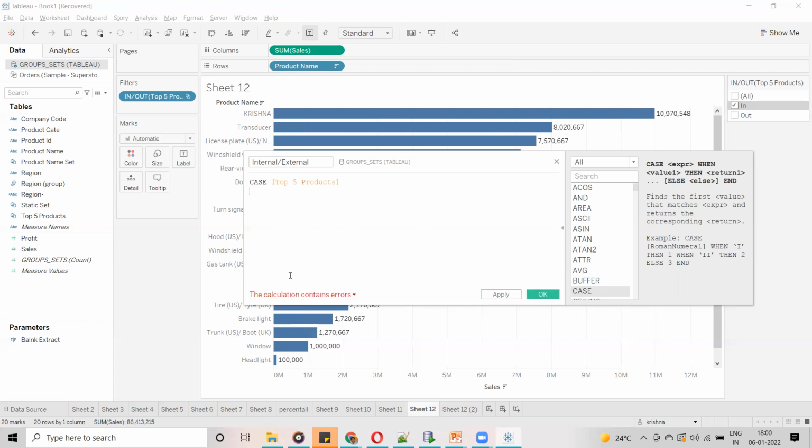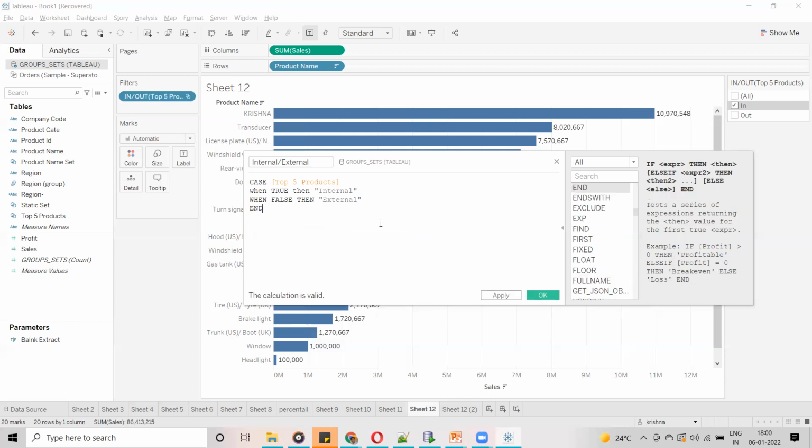Case, when true, then internal. When false, then external. End. So this is the calculation I have written.